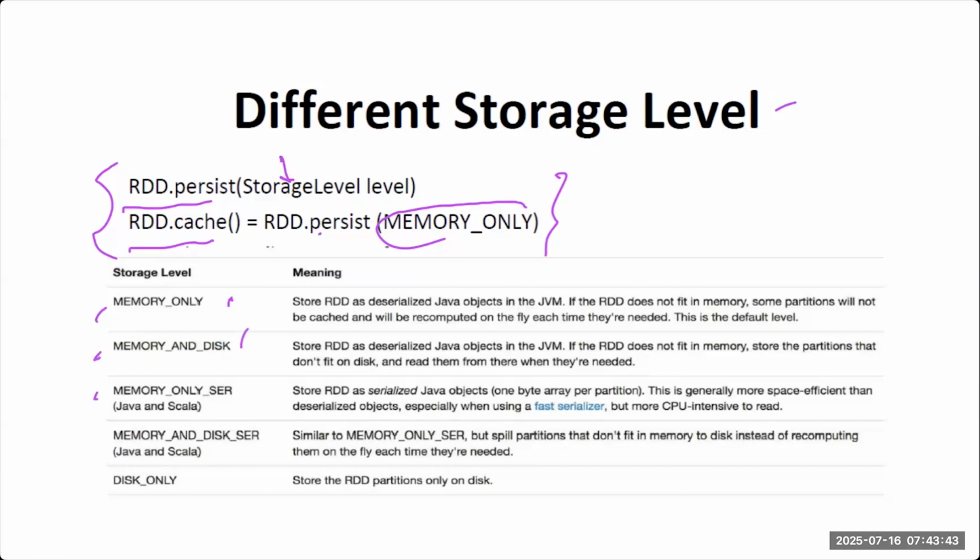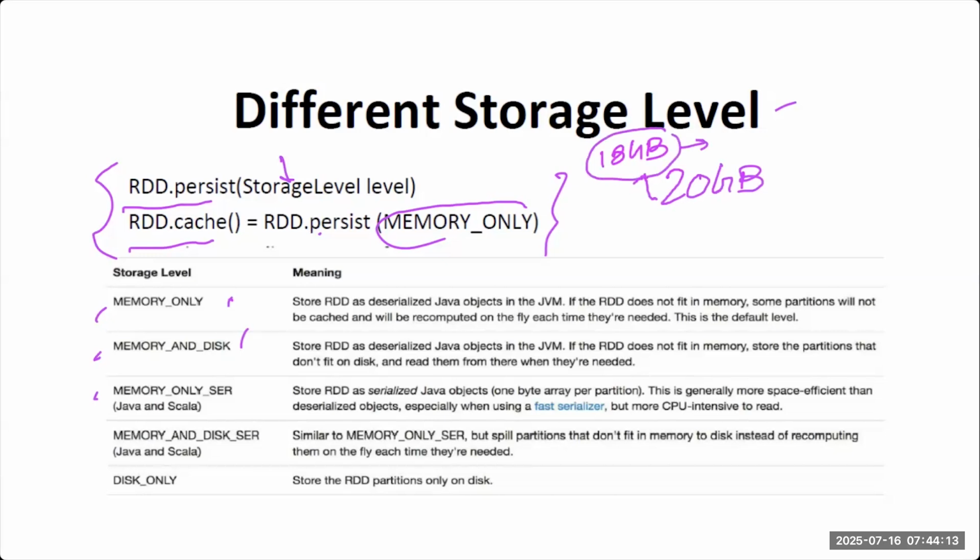When we do memory and disk, let's suppose that the RDD which I want to store has 20 GB of data, but my memory has only 18 GB. It will store 18 GB into the memory and 2 GB onto the disk.